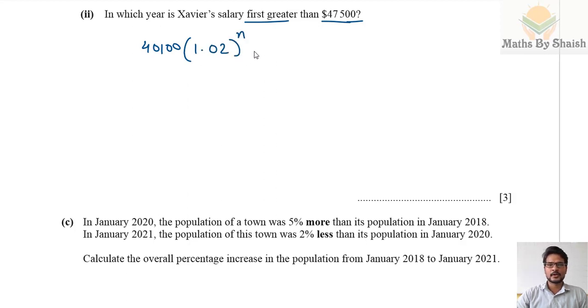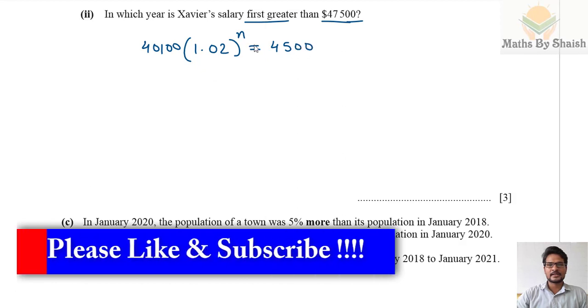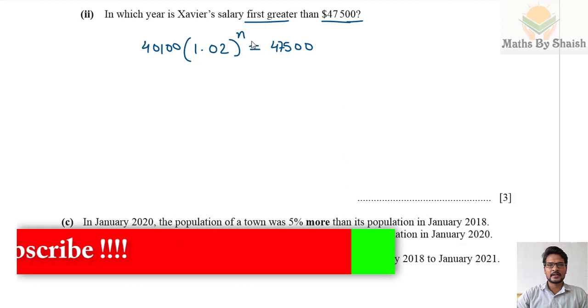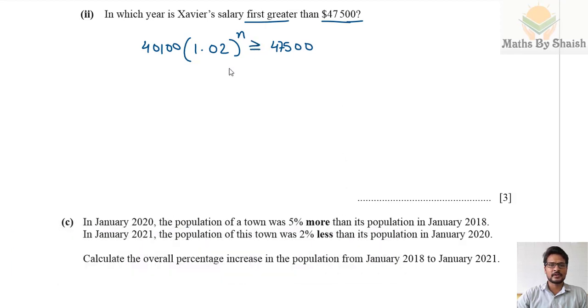It increases in this way. So if we, for example, take it as 47,500, and since we require it to be greater than, let's take this as greater than or equal to. So from here we'll get 1.02 to the power n greater than or equal to